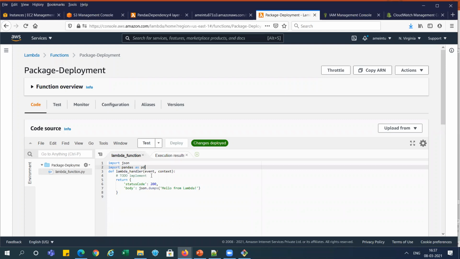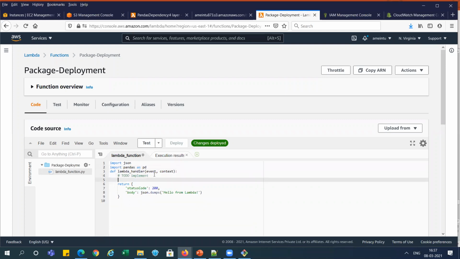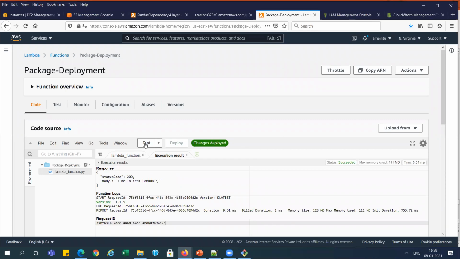See. And suppose if you want to print something here, so let me print the version, pd dot version. I am deploying it. This is deployed, and now we need to test it again. You can see it is showing version 1.15 over there, right?